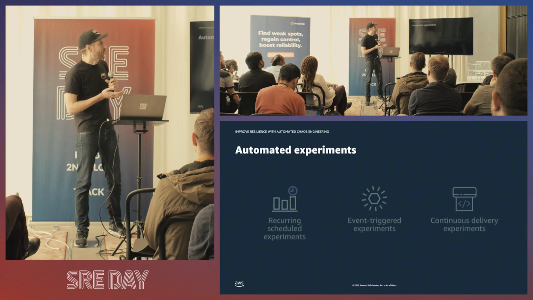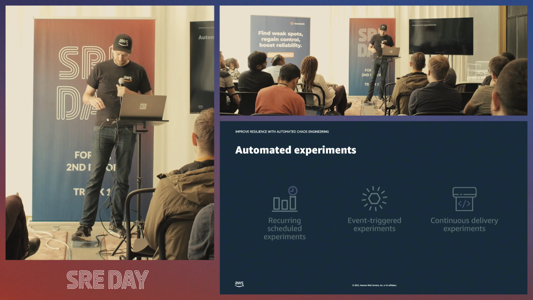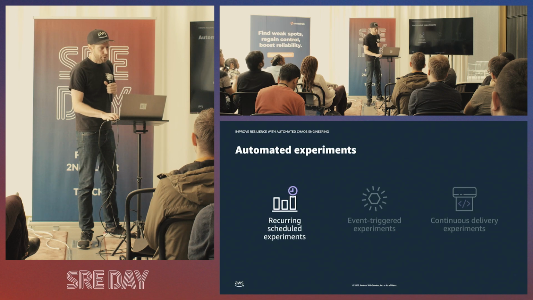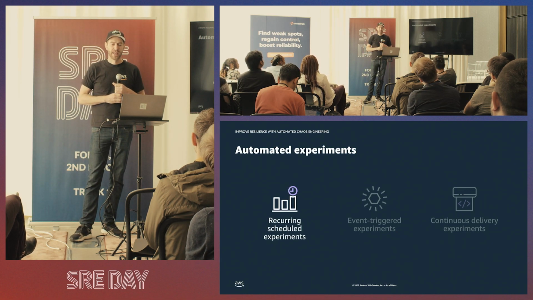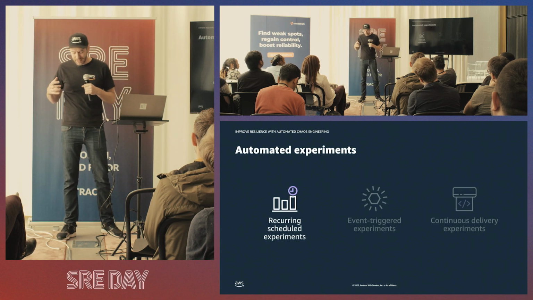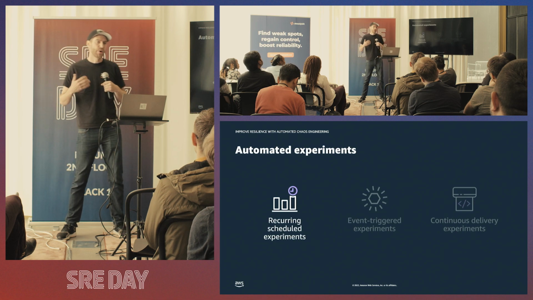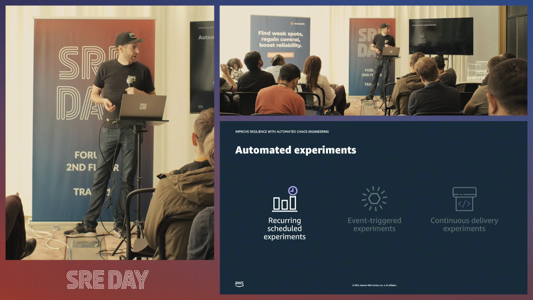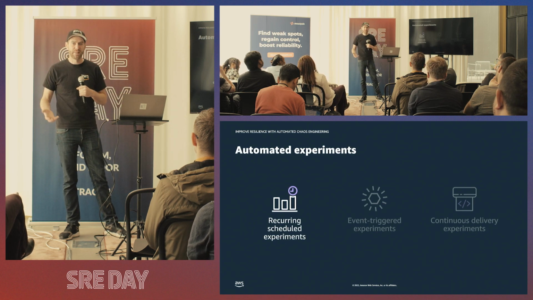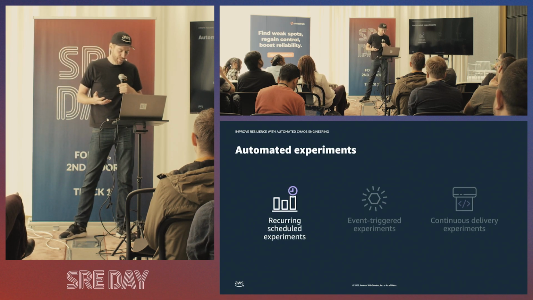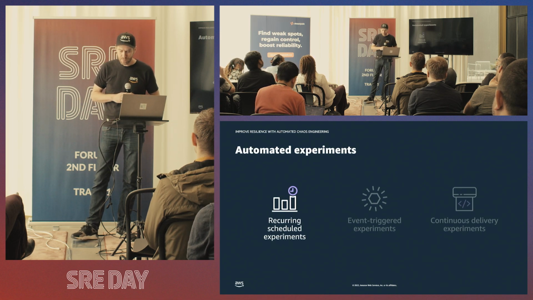So let's take a look at 3 different ways that we can automate our chaos engineering experiments. For the first one, let's think about how the system evolves. Even though, as I mentioned, we might have full control over our service or microservice, other teams within our company, or maybe even third parties, are making changes. They are delivering new code.